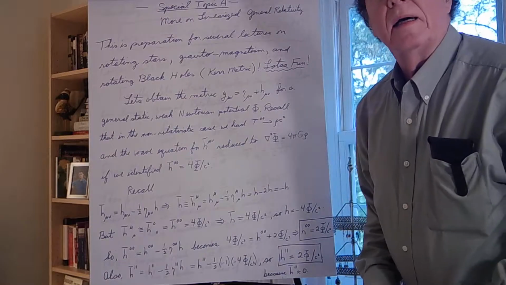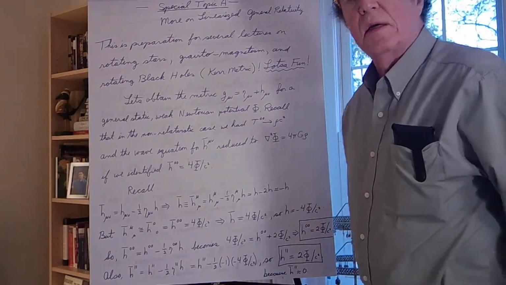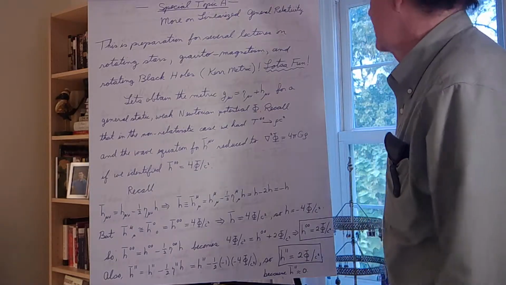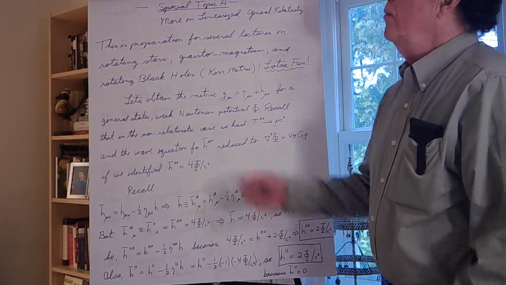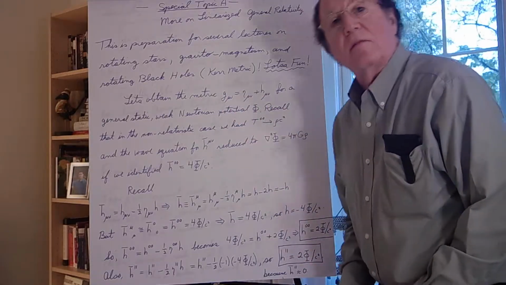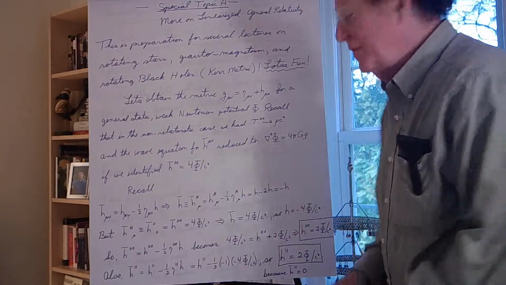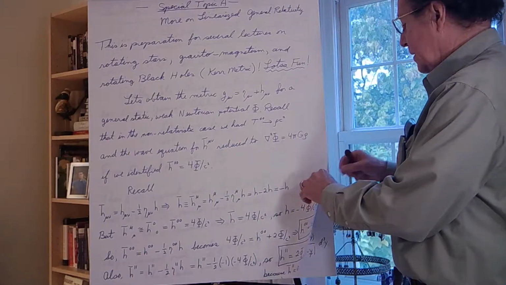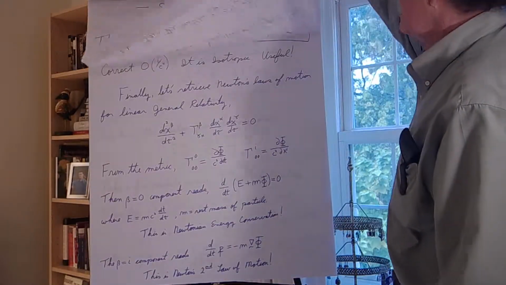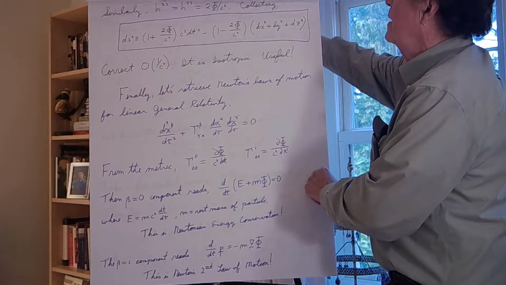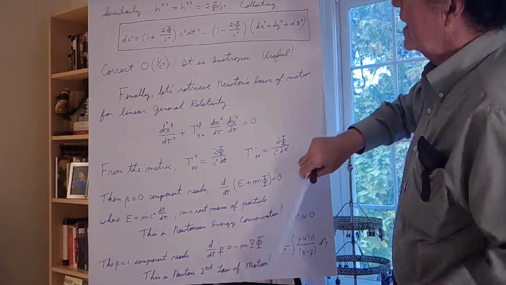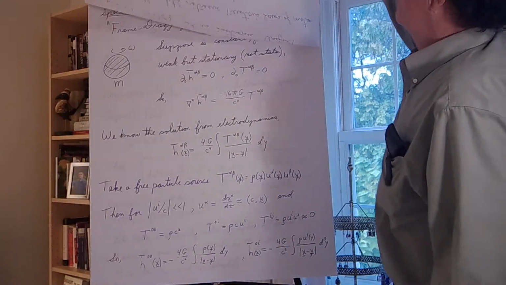So let's begin our set of special topics to our video lecture series on general relativity for physics students. We come to special topics A, which was planned to be more on linearized general relativity, but I feel we covered that sufficiently when we introduced the Schwarzschild metric as a preparation. So I'll leave that to your supplementary lecture 11 where it's done in detail,